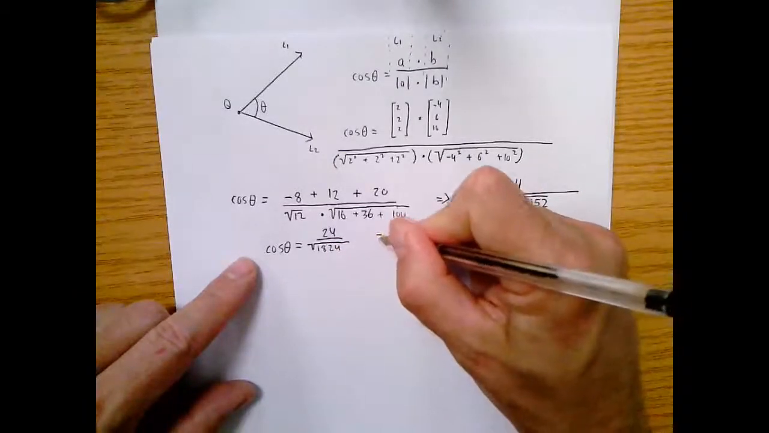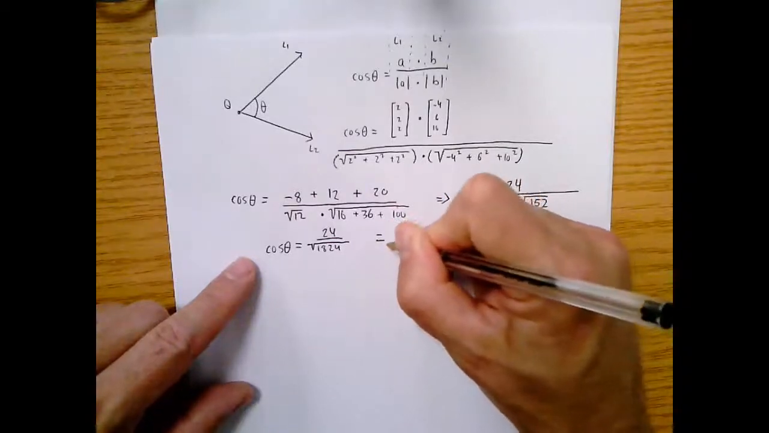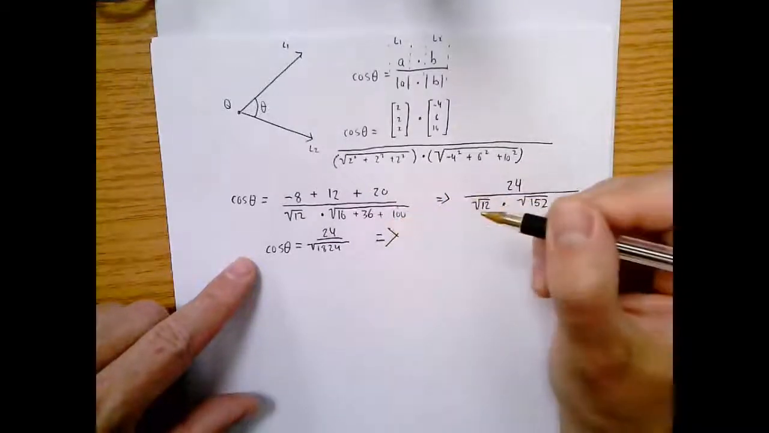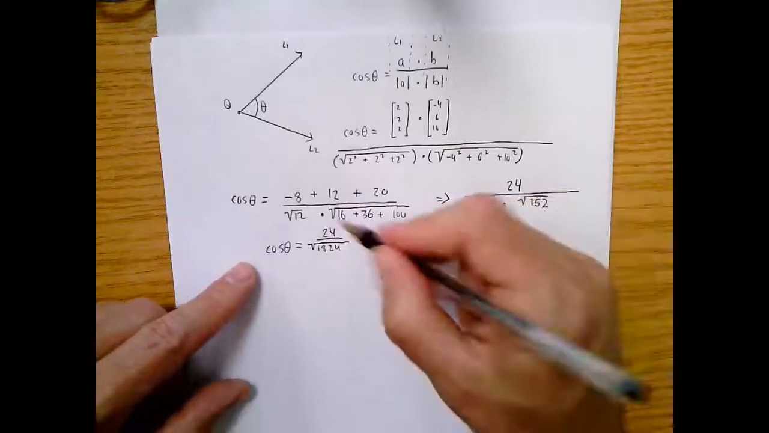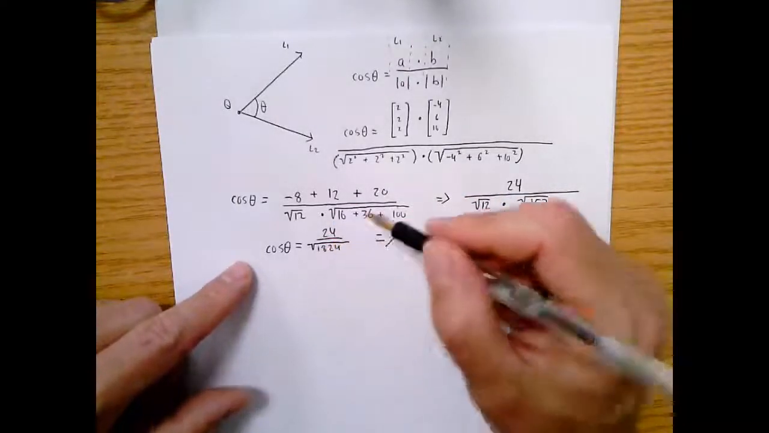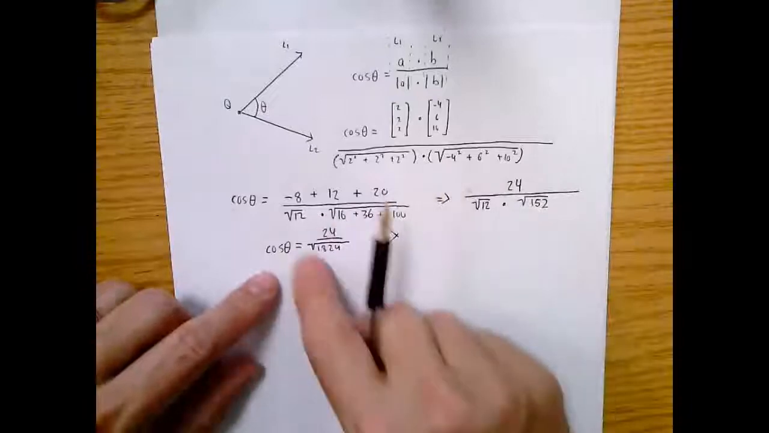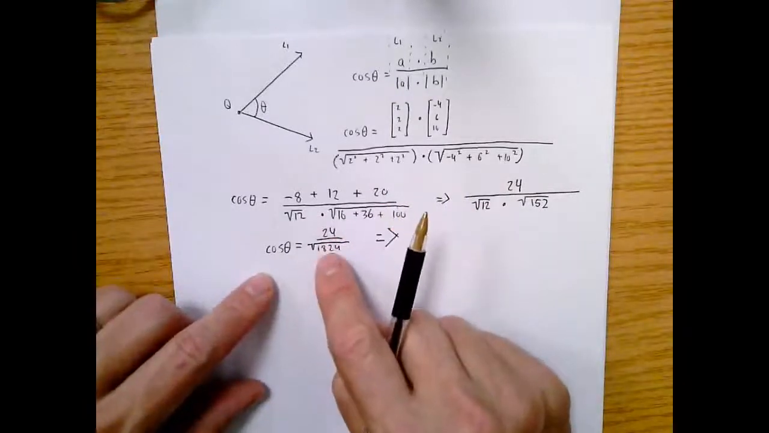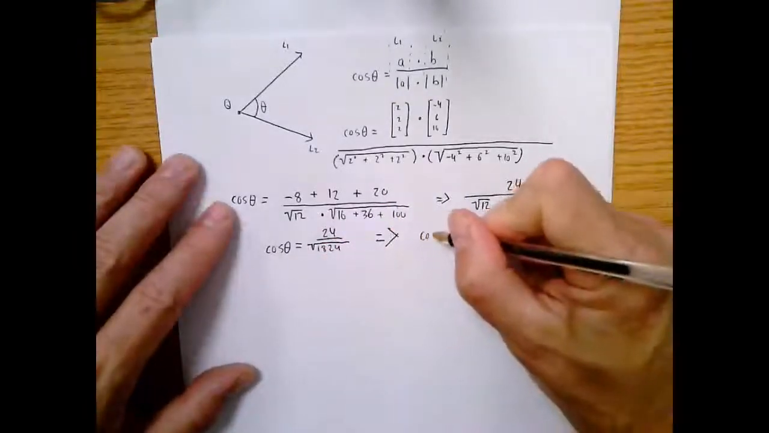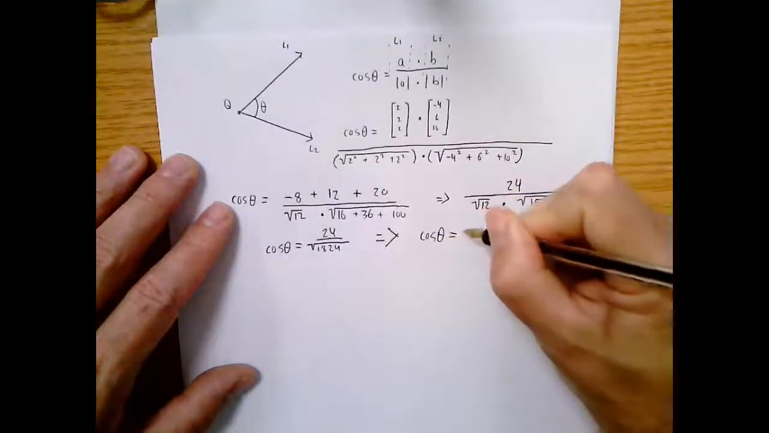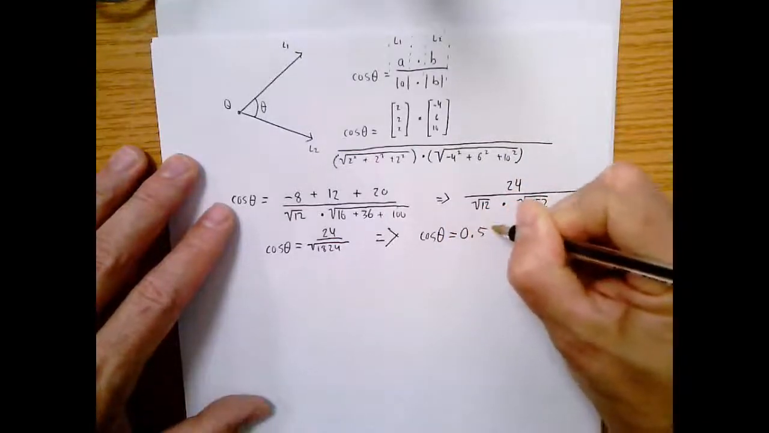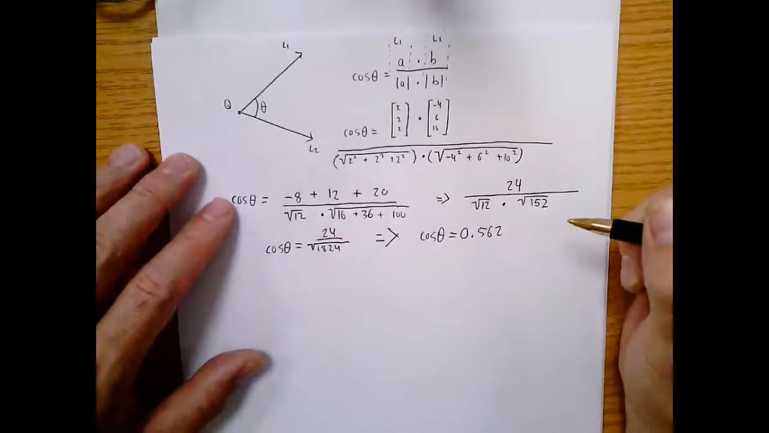So in your calculator, if you use the inverse cosine button and plug all this in, you'll get your answer. If you just did 24 divided by the square root of 1,824, you're going to get that cosine theta is 0.562. And then if you plug that into your calculator,